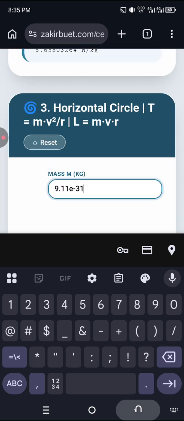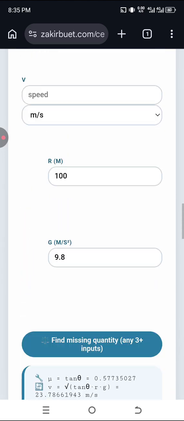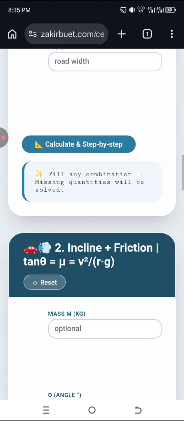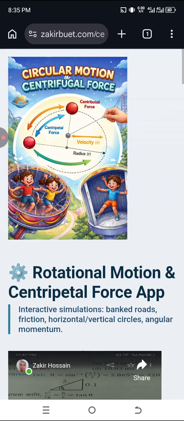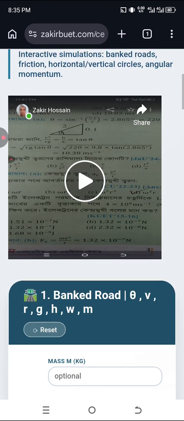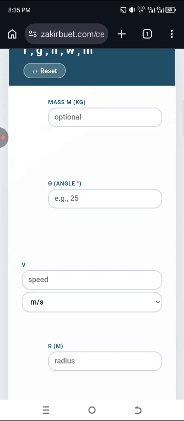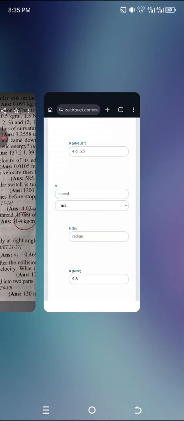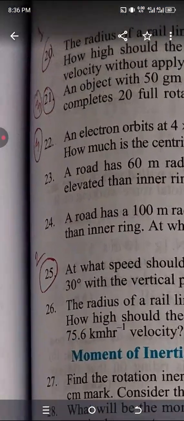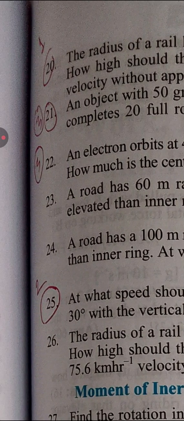So I would not like to lengthen this video. I could have shown you more. The theme is that you will input as much info as you know, and the app will try to calculate the rest for you. Okay. So I think I should try number 1 at least. If I get a quick problem for number 1, that will be so good. So the first,